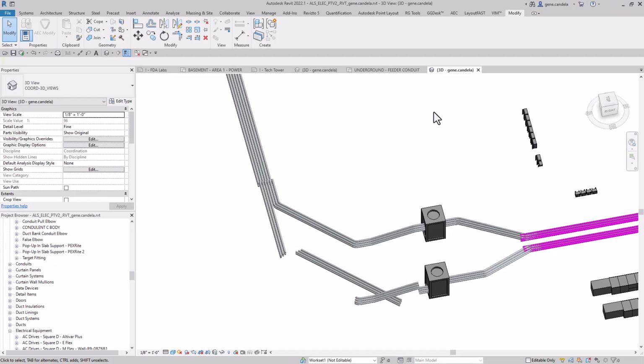Finding and selecting objects quickly in Revit. Okay, here we have a situation. We have a bunch of conduit and a bunch of elbows, and I need to change the type of the conduit and elbows to the correct type. So if I came in here and I selected